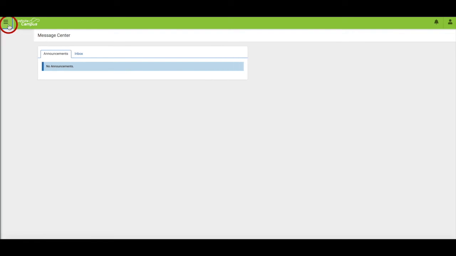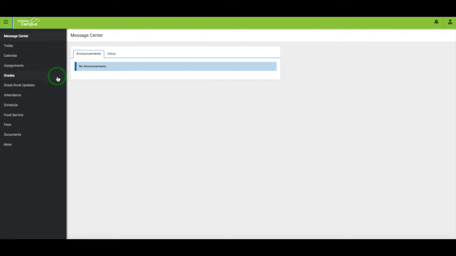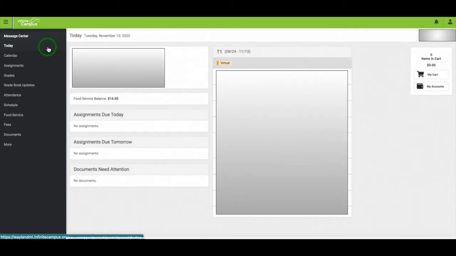This is my menu. And if I go ahead and open that menu up, you can see that I have lots of different options that I can go through and look at and even customize. We're going to go through each of these very quickly, and there'll be additional videos going into each of these in greater detail. You're going to notice in the Today section, I see a picture of my student and lots